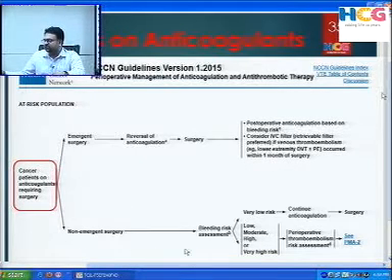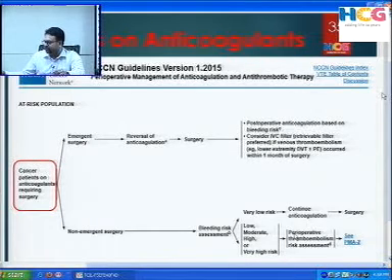For non-emergent surgery, we should assess the bleeding risk and categorize them into very low bleeding risk and others like low, moderate, high, or very high bleeding risk. If the surgery belongs to the very low bleeding risk group, we can continue with the anticoagulation and proceed with the surgery.